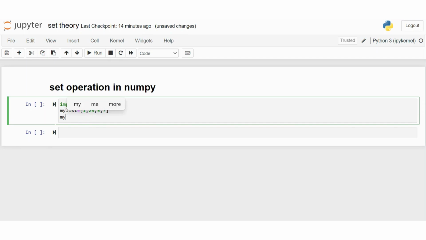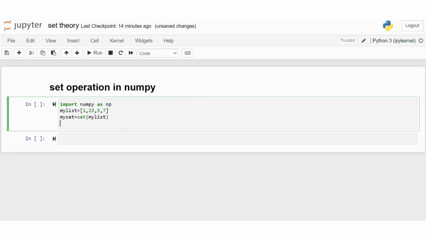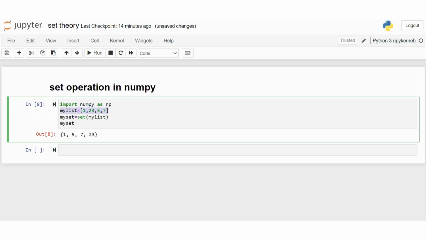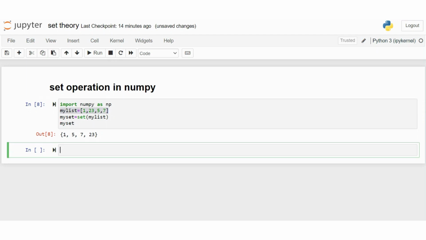Print my_set. A set is generally written in curly braces. This is a list converted into a set.